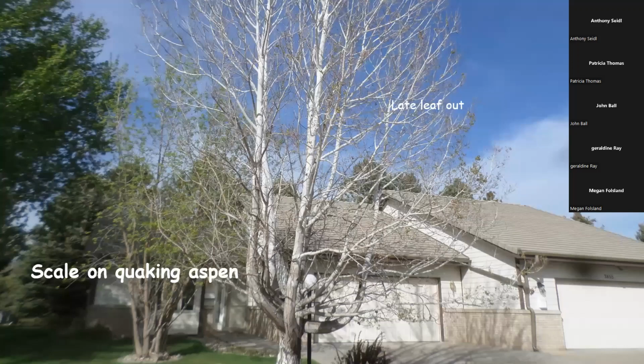Another interesting thing, and I took this picture this spring in Rapid City at one of the HOAs, is they took me out and they said, well, we have some aspen trees that are really late in leafing out. And if you look, they were going to leaf out, not completely, but they were a little behind other aspen. And that's also another indicator of scale populations on them, fairly heavy scale populations. So I walked over and I said, well, I'll bet that tree has scales. And it certainly did.